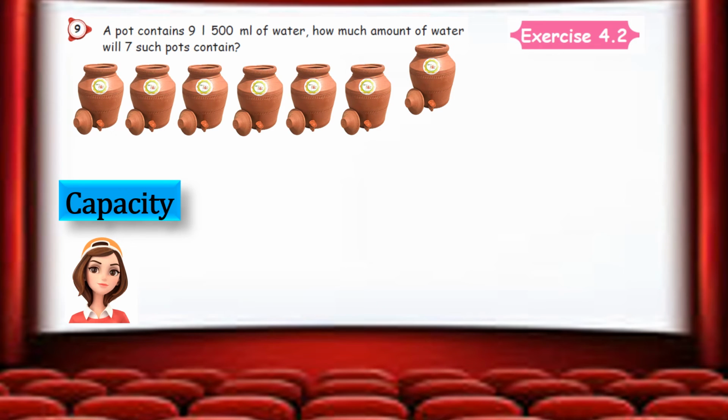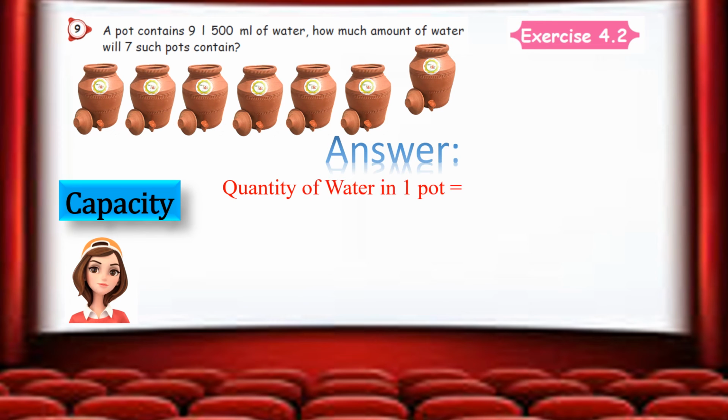Okay, now we need to get the answer. So one part வந்து கொடுத்துட்டு 7 parts க்கு கேக்குறாங்க அப்படின்னா sure we need to do what? Yeah, right, multiplication. Don't forget this. So single piece கொடுத்து நிறைய கேட்டாங்கனாலே we have to do multiplication ma, right? So let us start the answer. First let us write the word, that is very important. Quantity of water in one pot, okay va? Then quantity of water in 7 parts.